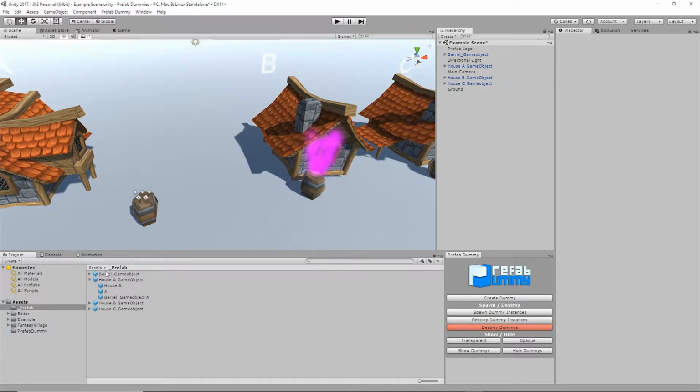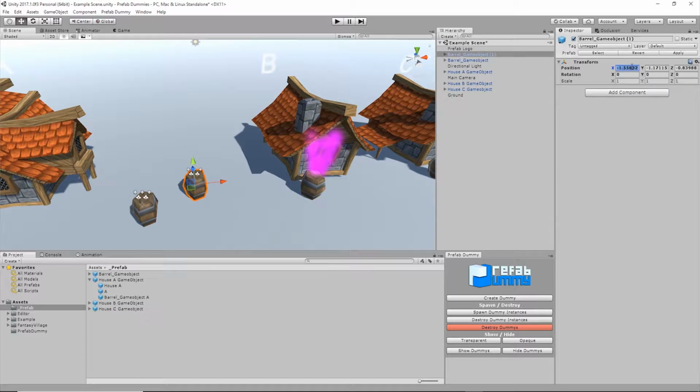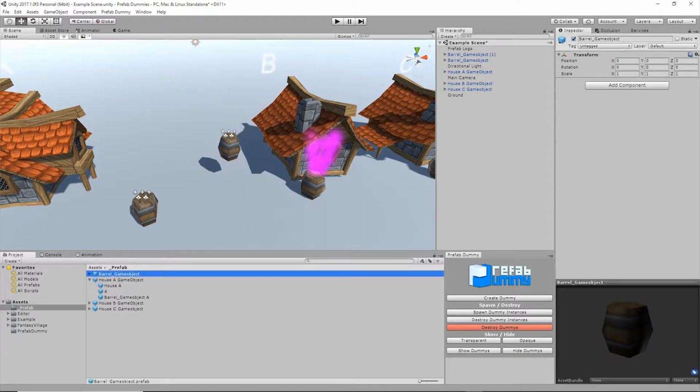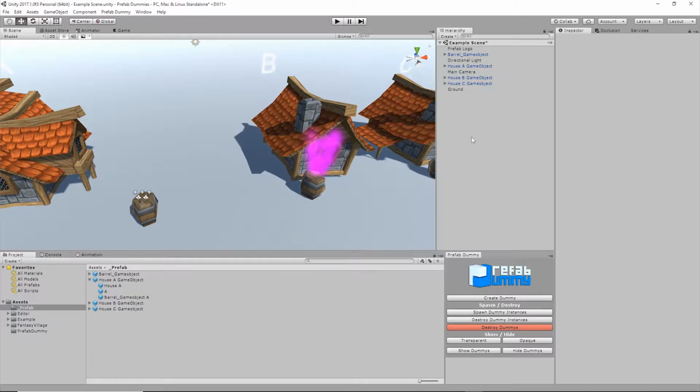So I'm just going to go ahead and delete that, and I'm going to fix this by putting this barrel in the scene, putting it at 0, 0, 0, and applying that. So that should now be at 0, 0, 0, and everything's cool. So that is one of the things you need to be careful of. I guess it's a good thing I showed it in the video because now you know. So when you create a dummy,